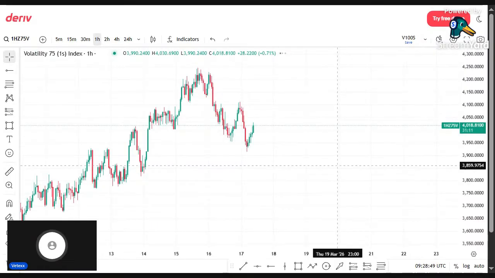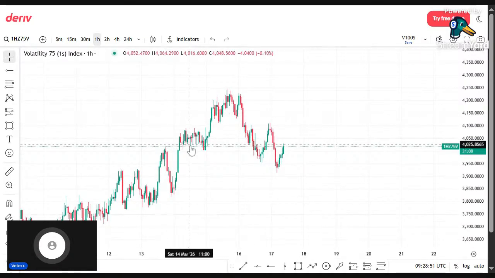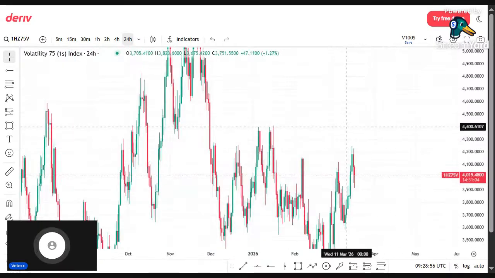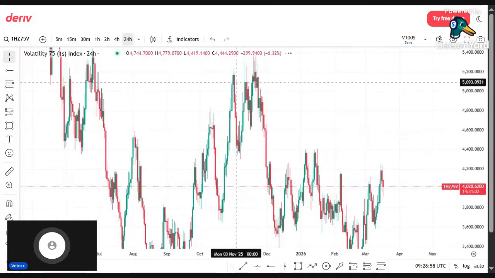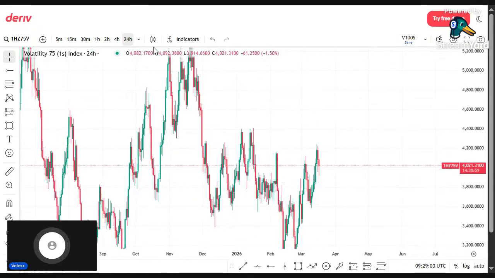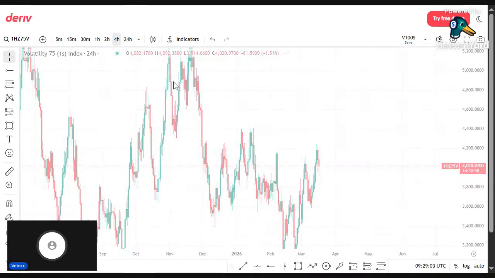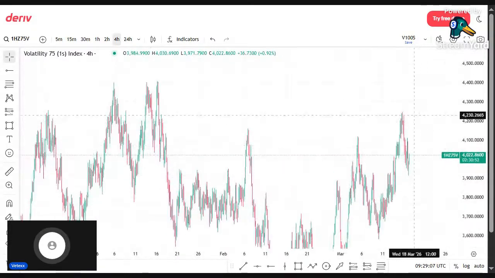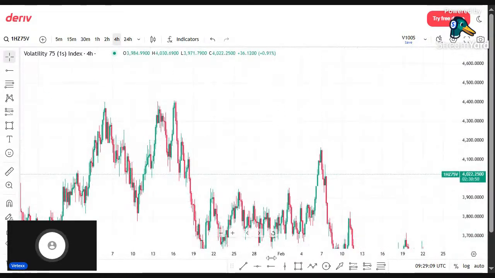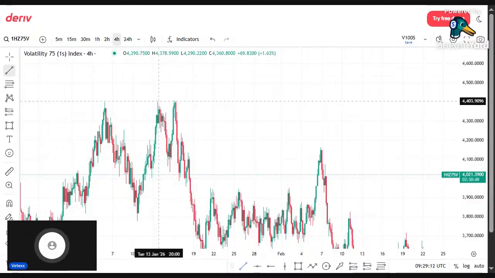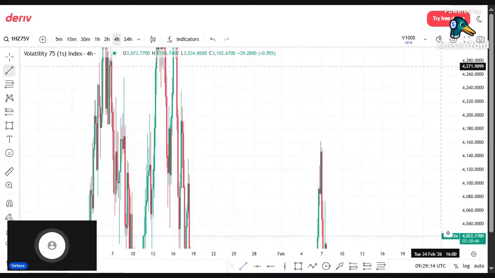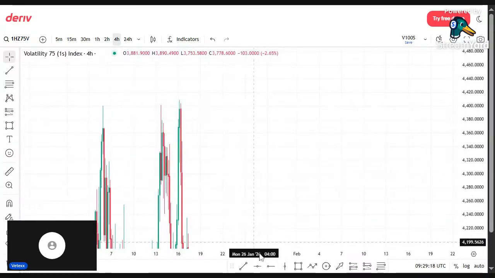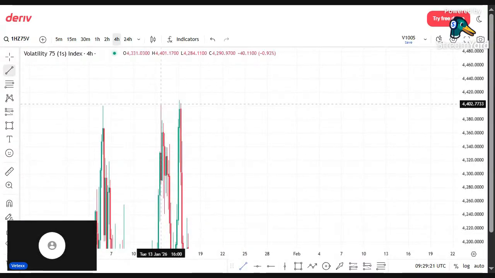What do we have on V75 one index? V75 one index on the 24-hour time frame has been bearish. It's here to smash its target, but that is not going to be our focus for now. We'll go to the recent price action and see what V75 index is trying to do. So looking at this, we have a sweep of liquidity on the 4 hour time frame, which is this. So let me enlarge it for you to see. So we have a sweep of liquidity here,